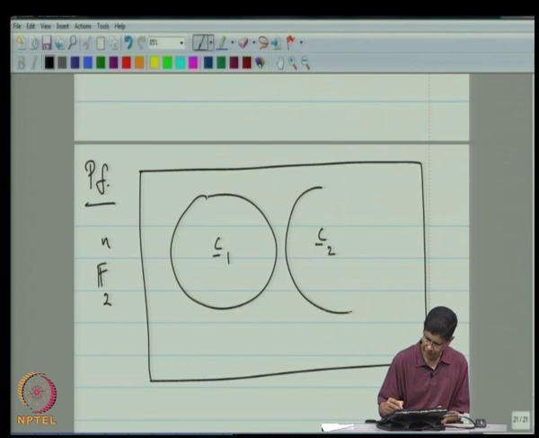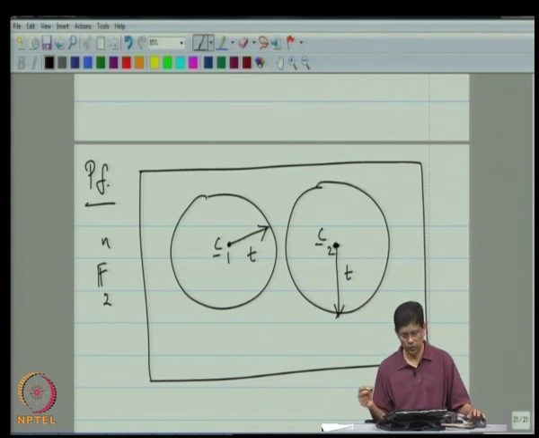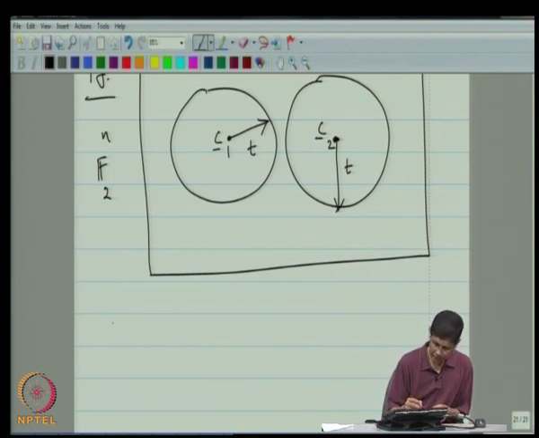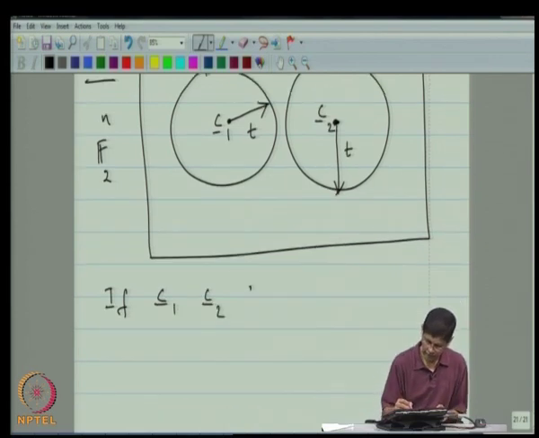If I draw a Hamming sphere of radius t surrounding each of these code words, then we know from a lemma that we showed early on that these 2 spheres are disjoint. Okay. If C1, C2 are code words, then